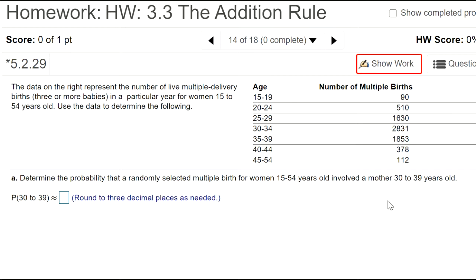So can anybody tell me, how am I going to know what the bottom number is? Is there anybody left in the class that can help me with this? How do I get the bottom number for this? I need to know the total number of women in this study. Now, when you're on this, it might give you the option to open it in StatCrunch, in which case you can figure it out using StatCrunch. I don't think it told us, right? No. So